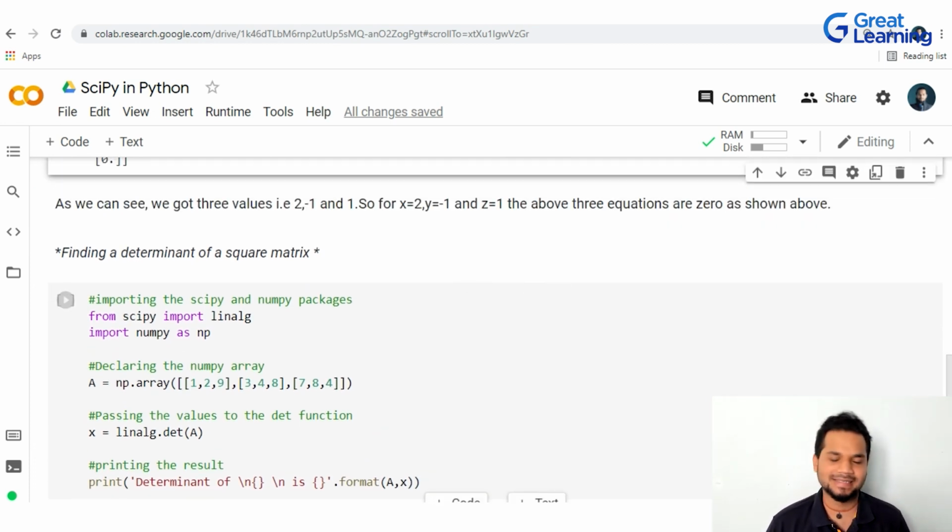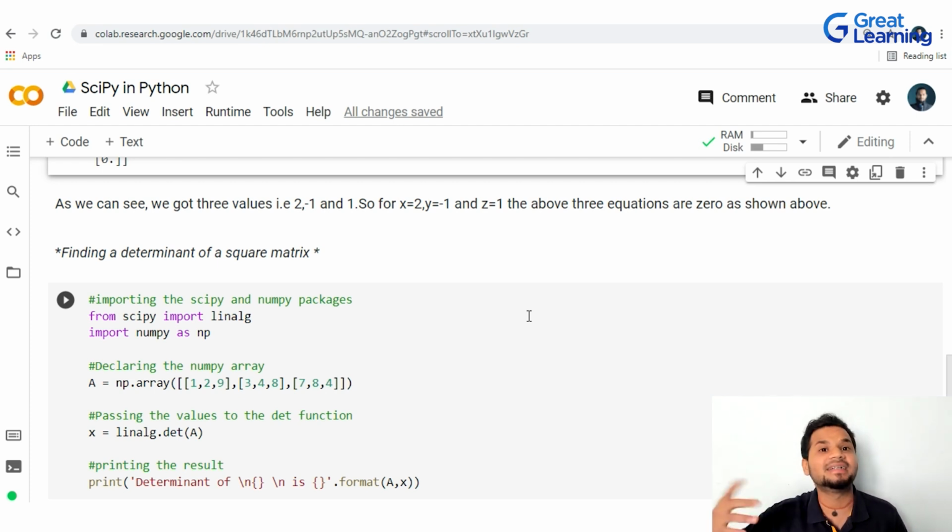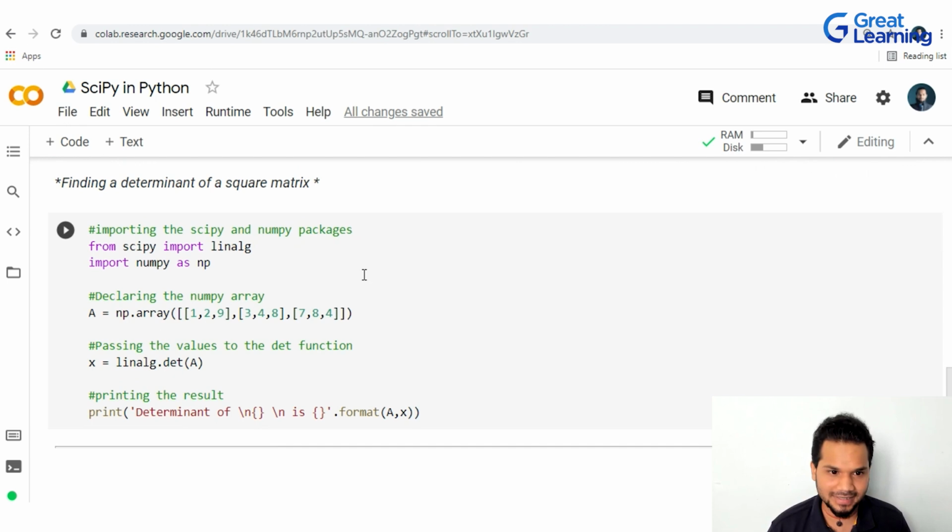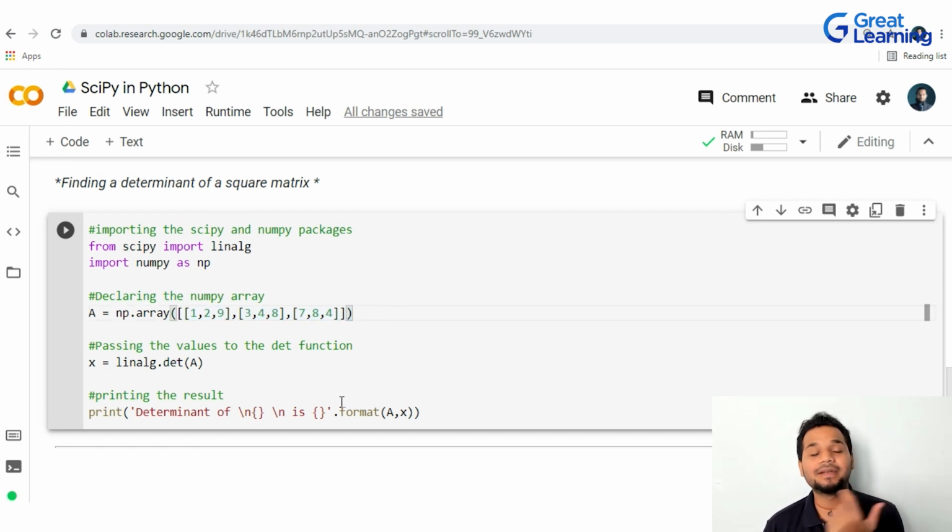Let me give you one more example. If you guys have worked on matrices, matrix as it's called, there are a lot of types of matrix: diagonal matrix, square matrix, finding the determinant of a matrix. It's a very important concept in applied mathematics, right? So all we're trying to do here again is create this matrix that we're talking about. To find the determinant of that matrix is again one simple function, dot det of a, where a is the values that you're going to be providing.